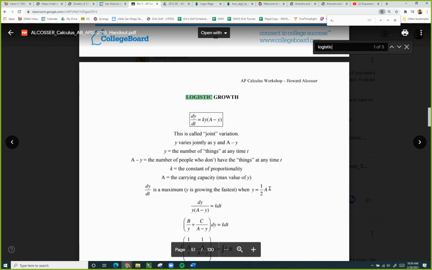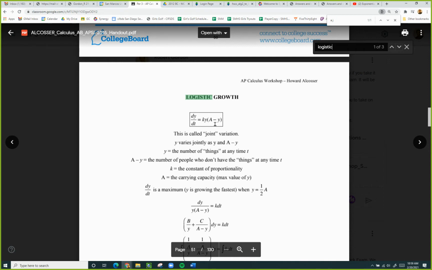Logistic growth. I like to use P for population instead of Y. So I'm going to say dP/dt equals kP times (A minus P). And it's called a joint variation. It's a joint variation because, like the beginning of the video I just showed you,